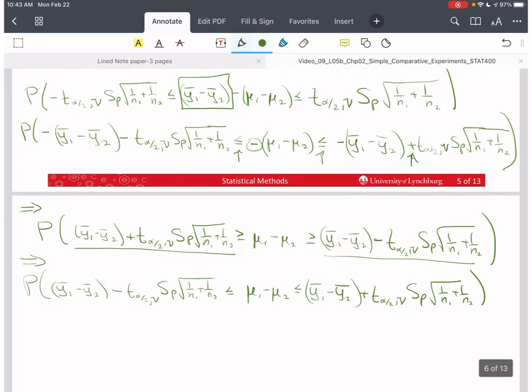All right, and so this probability is 1 minus alpha. So the confidence interval, the interval that gives us 1 minus alpha in probability, is